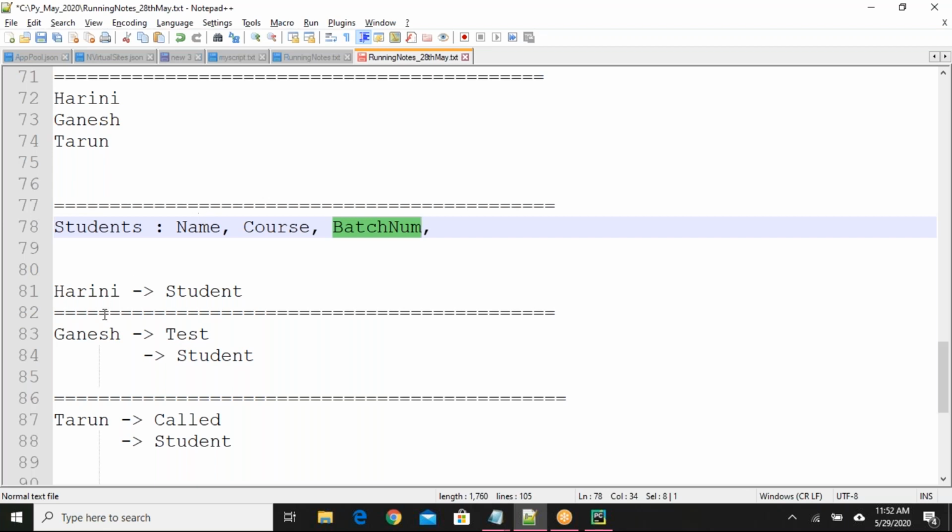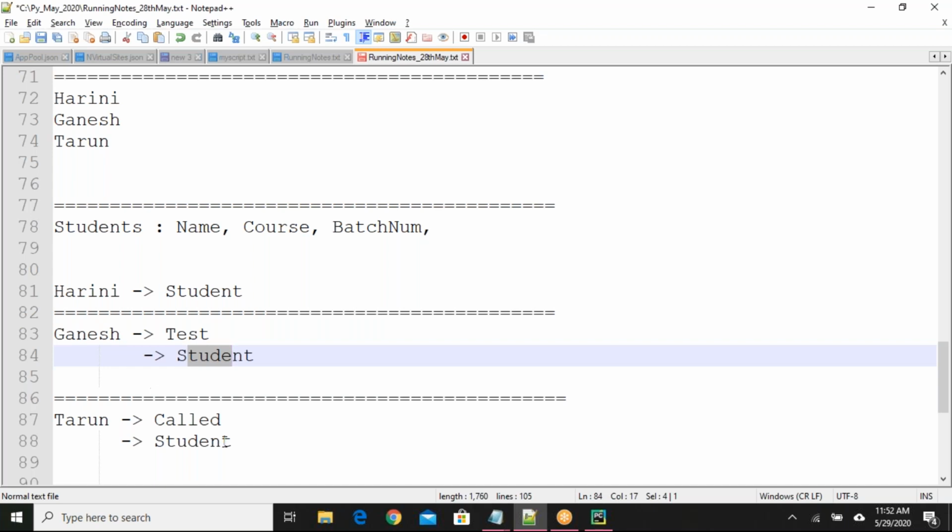Ganesh: course is Azure, batch is 36. Tarun: course is DevOps, batch is 3. They have different properties, but they are all students to me. Whenever I refer to Harini, I can refer to her as Harini or as student. Same with Ganesh and Tarun.